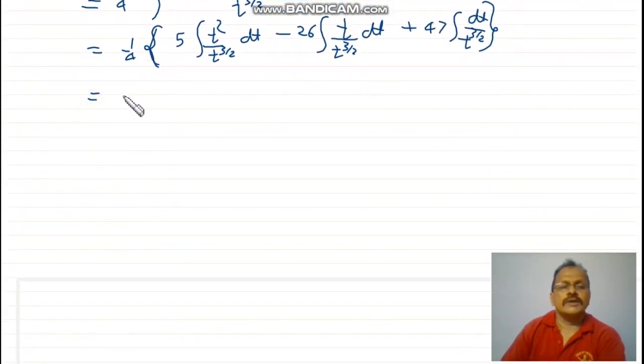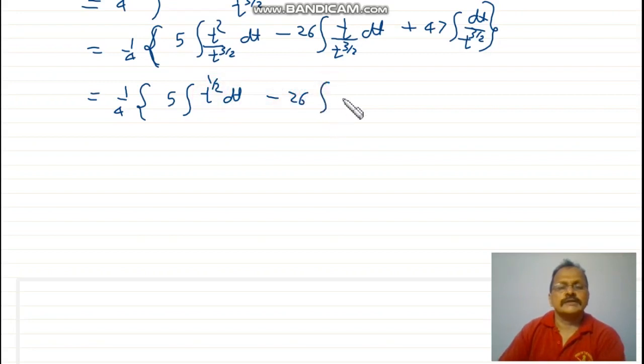This is equal to 1 by 4 times 5 integration t raised to half dt minus 26 integration t raised to minus half dt plus 47 integration t raised to minus 3 by 2 dt